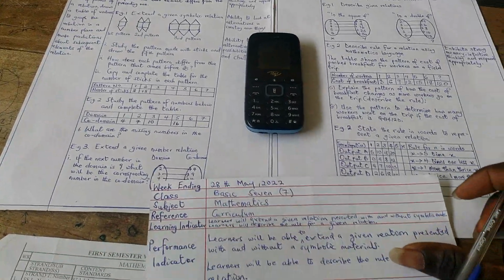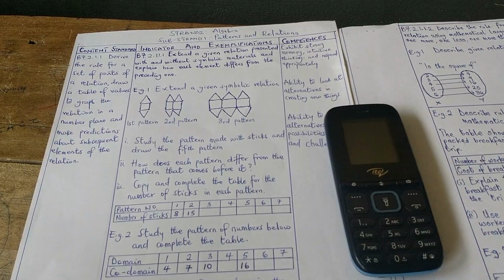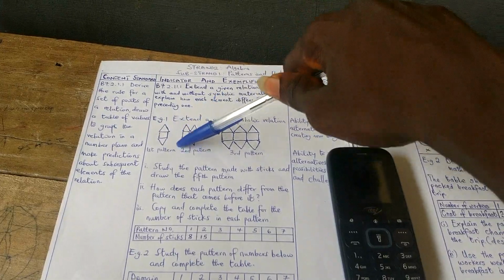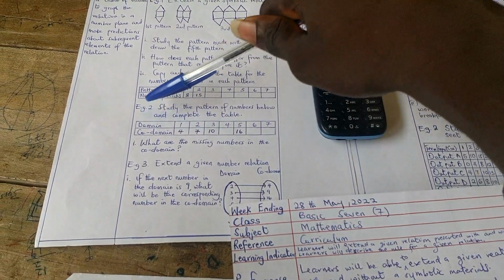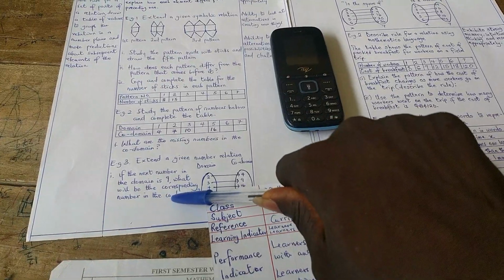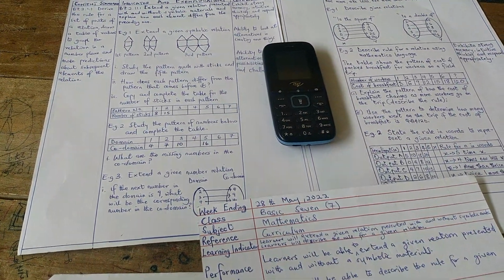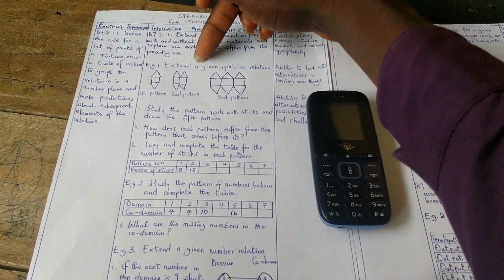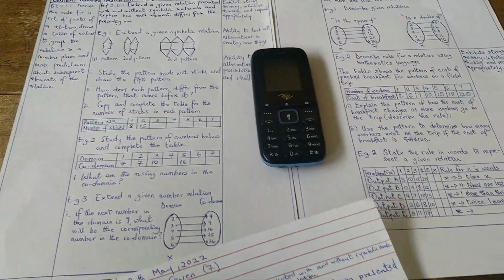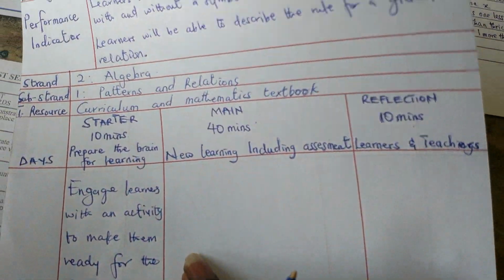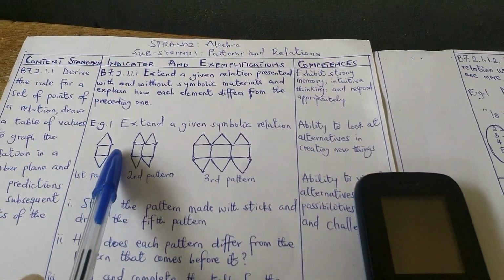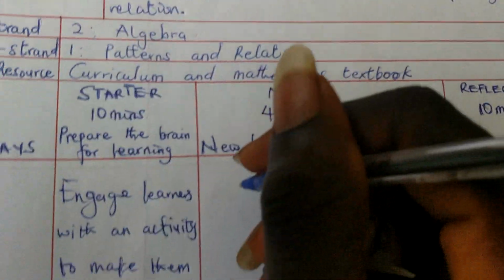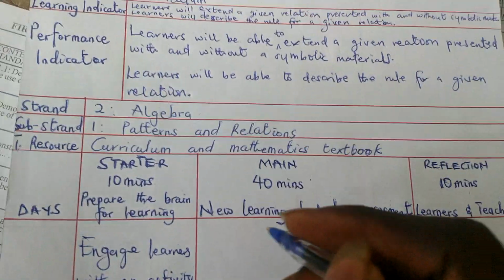now that's the main thing we are coming to do. What is the main thing? Come to the curriculum. Under the indicator, which is this one, you have example 1. It means you have to teach this. You have example 2. It means you have to also teach this. Good. So, on Monday, what do I have to teach? I'm going to teach the class how to extend a given symbolic relation. So you write here, at the new learning, this is what we are coming to teach them. The example 1, extend a given symbolic relation. So we will write at the main learning, including assessment,